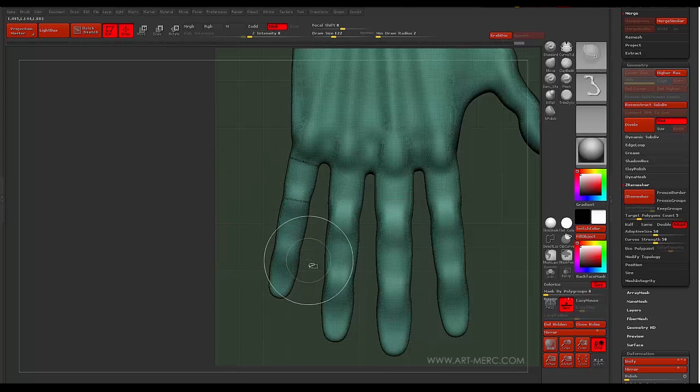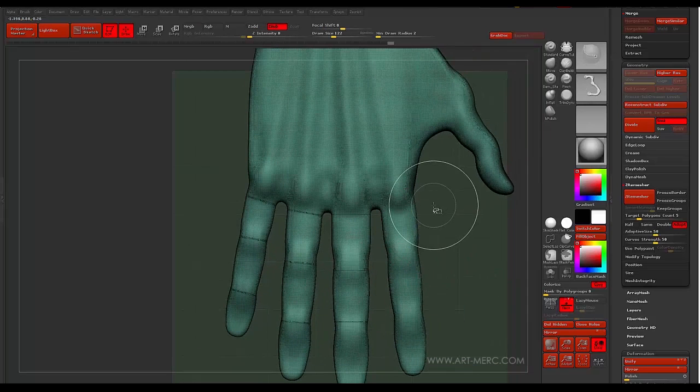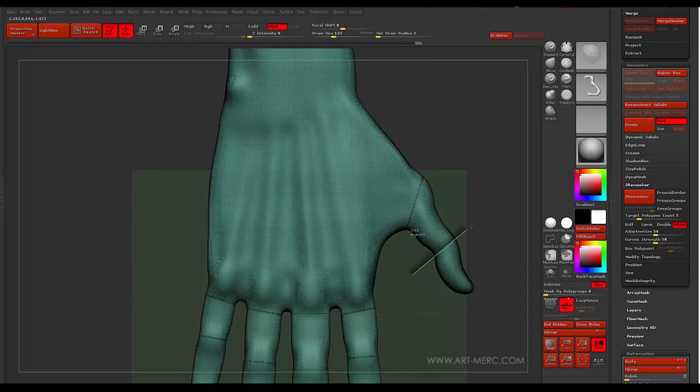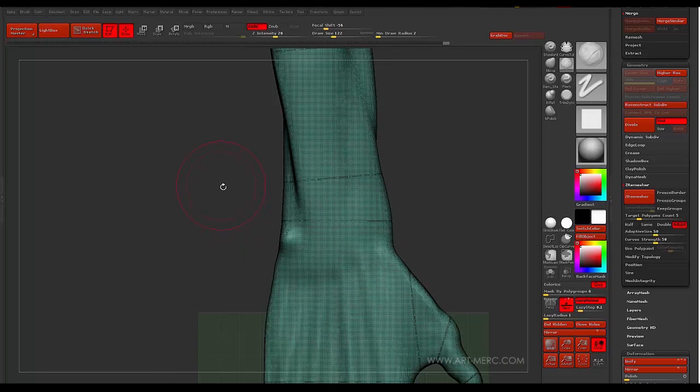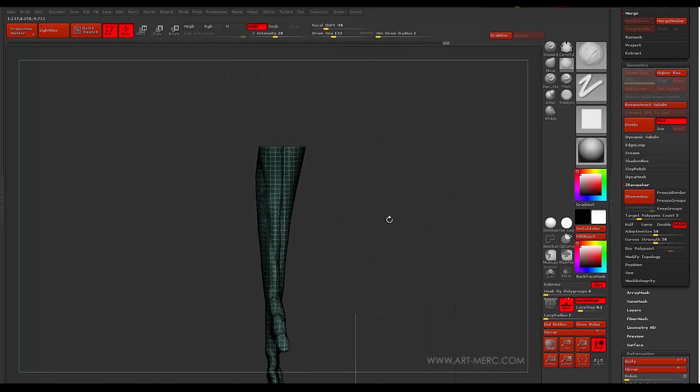right? So go through, put your creases in here. Don't worry about being careful, because it's not going to project across the topology. One there, make one right there, and then I'll make one right there. And just for the hell of it, let me put one right here too. Okay, so we've got this,